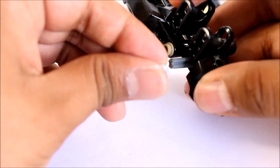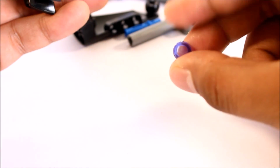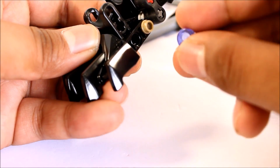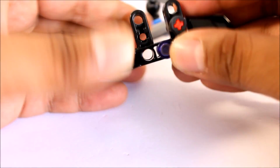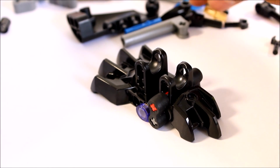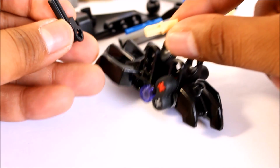Okay, so let's get that done now. Simply enough. Stick it in. There we go, just like that. And then what we need is a stud for the actual 3 stopper there, just to cover it up, because obviously his theme is in purple, so it should kind of look like that. Then what we need, guys, is, based on the instructions, this piece and